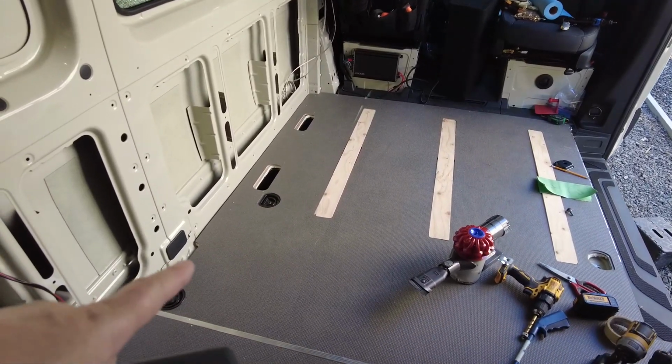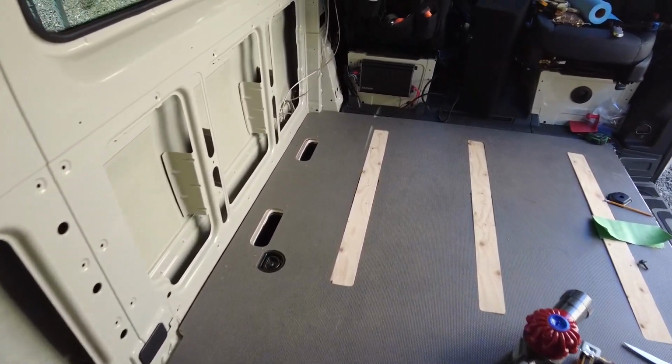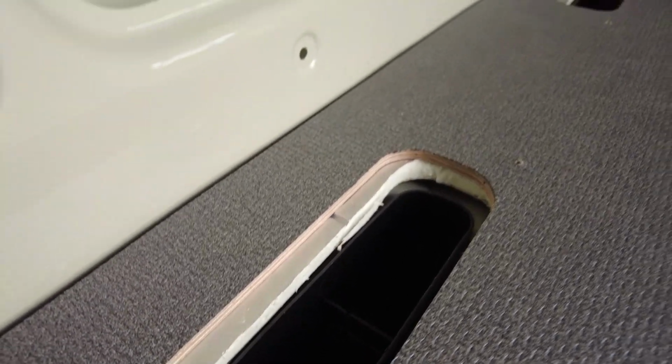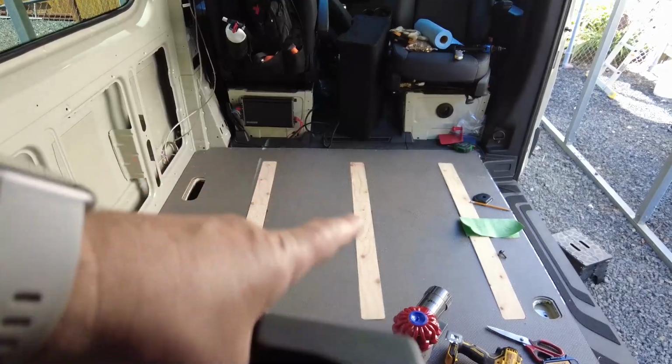Back in the van today. The last few days have been floors. So I pulled up all the floors and I put in some insulation. I put just a 1/2-inch polyisocyanurate insulation there. Now, I have a crew version of the Sprinter van, and it's got these rails here